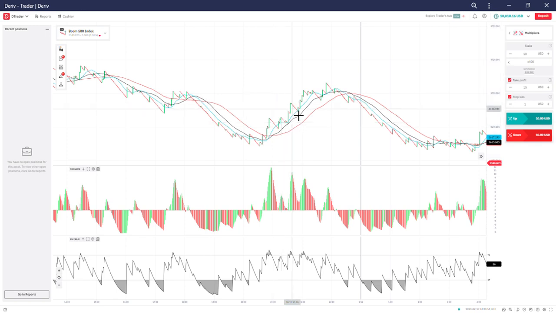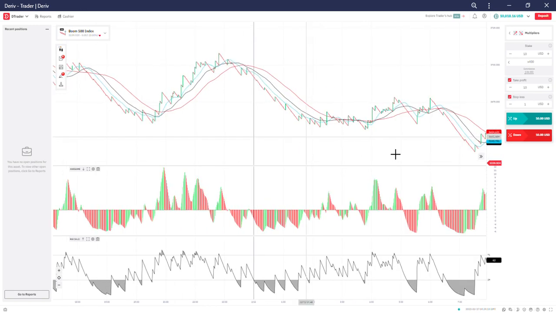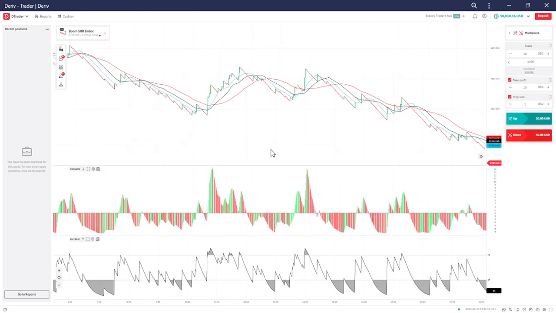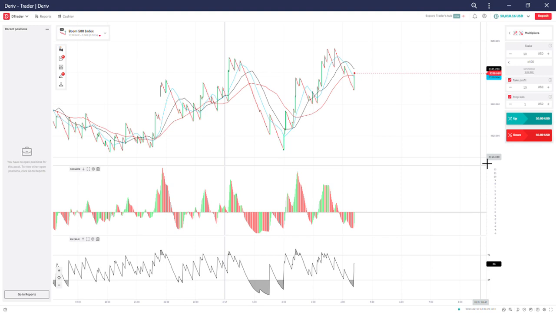spikes. So when you are scalping, or when you are trading against these spikes in the Boom 500 and 1000 index, and also in the Boom and Crash index, it's always good that you are observing your trade, because just 2 spikes or 3 spikes can occur consecutively and take you out. And one thing you should know is that when you're trading the Boom and Crash index, these spikes don't obey your stop loss. So if it's going to hit you and wipe your money,